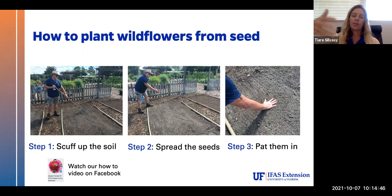Kind of like you're feeding a chicken, like the chicken scratch, spread the seeds evenly throughout the whole area. You want to make sure you get full coverage. And if you find you don't have enough seed, buy a couple other packets of seeds and supplement. And then step 3 is just pat them in, use your hand to pat them in,